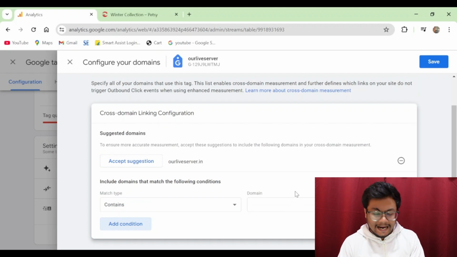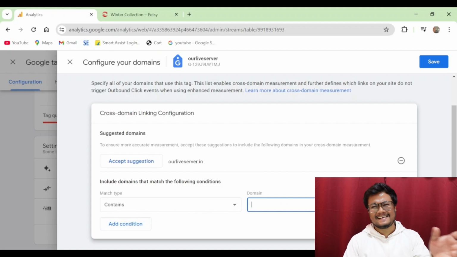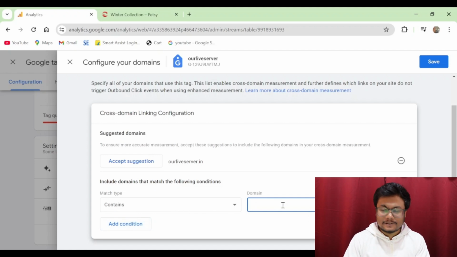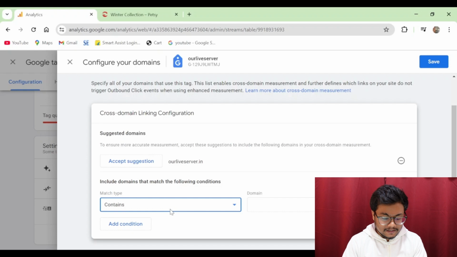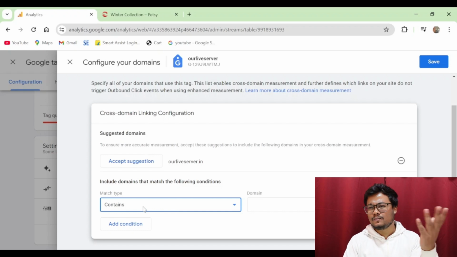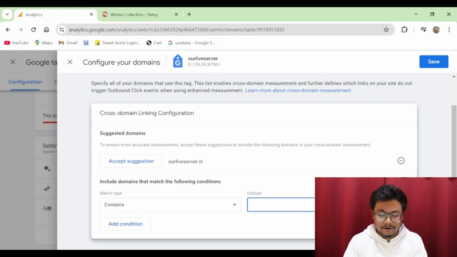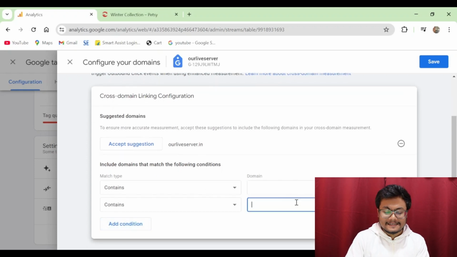If you click on add conditions, you will be able to see that match type contains, and you can just say any part of the domain, or you can just put the full domain name. You can even change this to equals to. This contains you can change to exactly matches or begins with, ends with, whatever you want to do. Okay, and then you can put the domain name there, and then you can keep adding conditions and keep adding